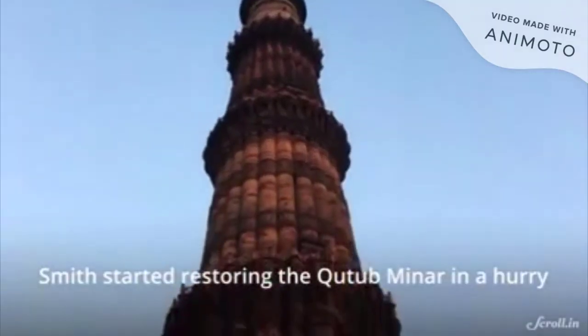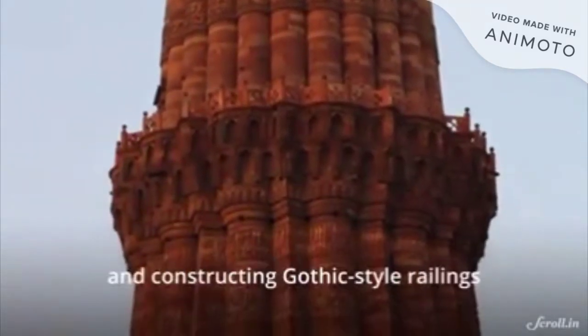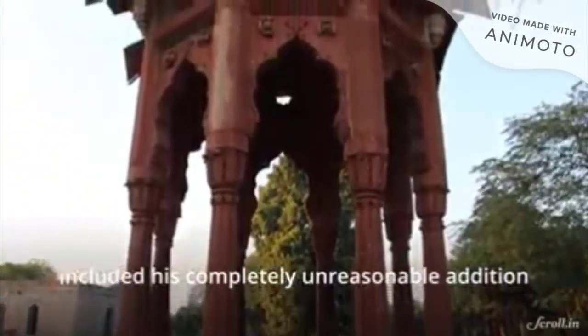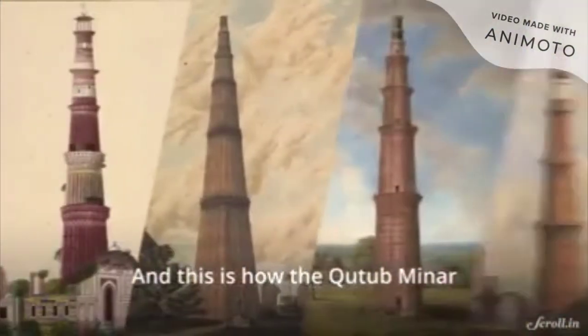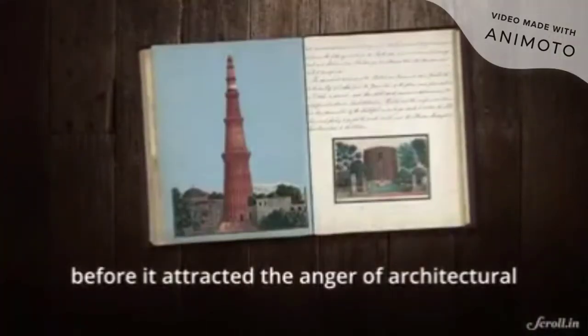Smith started restoring the Qutub Minar in a hurry, rearranging some of the facing stones in random order and constructing Gothic-style railings on the projecting balconies. The final touch in 1828 included his completely unreasonable addition of a Hindu-style cupola or chhatri at the top. And this is how the Qutub Minar looked for a good 20 years,